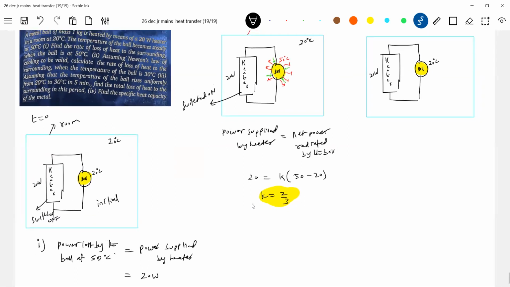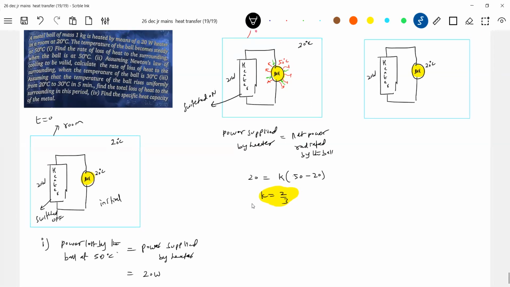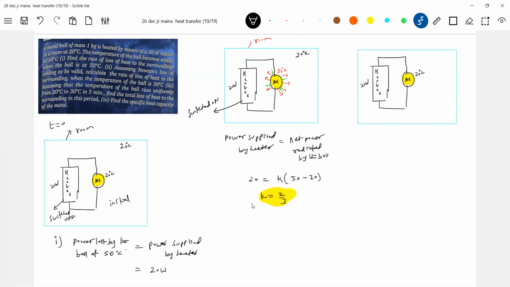Okay, next, let's come to the second part. Once again, assuming Newton's law of cooling to be valid, calculate the rate of loss of heat to the surrounding when the temperature of the ball is 30. Okay, now there's a very good condition he has brought. So here I think arrows are shown. So when it is at 30, temperature of this is,